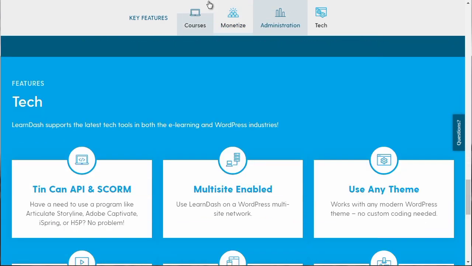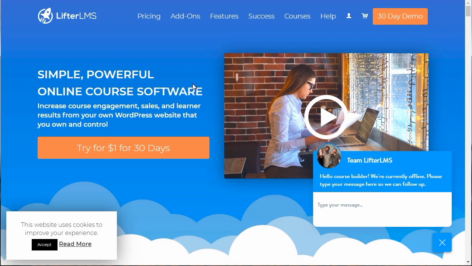Now, before we talk about LearnDash and how to integrate it with gamification and all of that, let me talk about the other WordPress plugins. And in fact, what I'll do is when I give you a LearnDash overview in the next video, we'll discuss that. All right. So the next WordPress LMS plugin is called Lifter LMS. That's